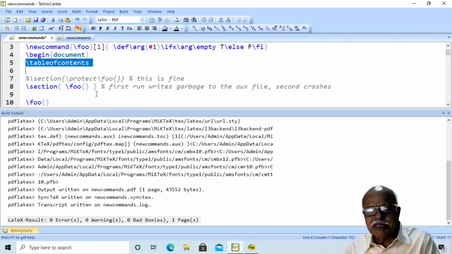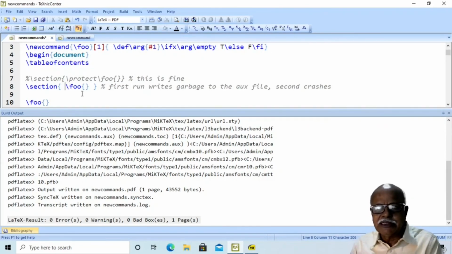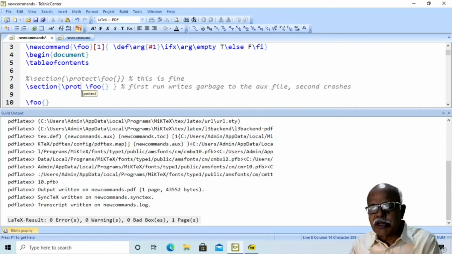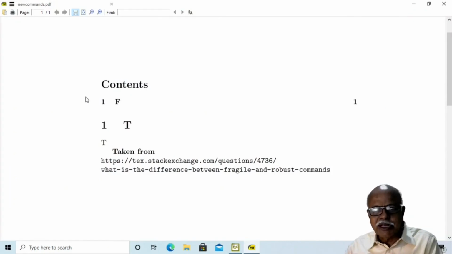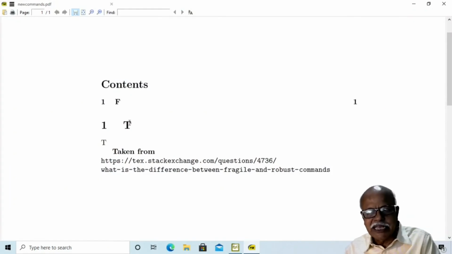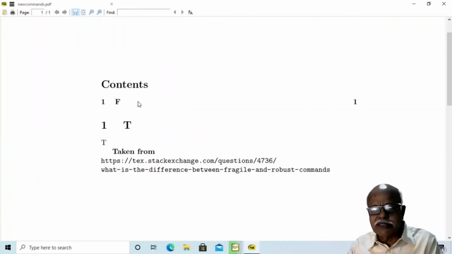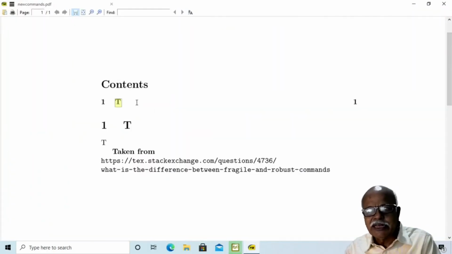To overcome this problem, what you may do is protect this command. Compile it once. The output in the document is T. In the table of contents, it is still F. Compile it once again. You will find in the table of contents also the same thing.